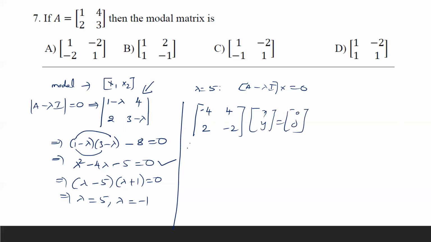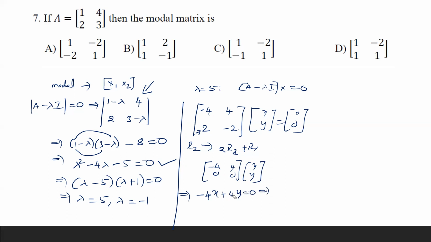Now if you take a row operation like this, R2 changes to 2R2 plus R1. Here we are multiplying this row by 2 and then adding it to the first row. When you multiply the elements of R2 by 2, we'll get 4 and minus 4 here. And when you add them to the first row, we'll get completely a 0 row here, right? So we'll get minus 4, 4, and here it is completely 0. Then if you write equations from this, we'll get minus 4x plus 4y is equal to 0. And this implies, because here you have minus 4x and plus 4y, you can take 4 common, and you will get x is equal to y, and I'm taking it as k.